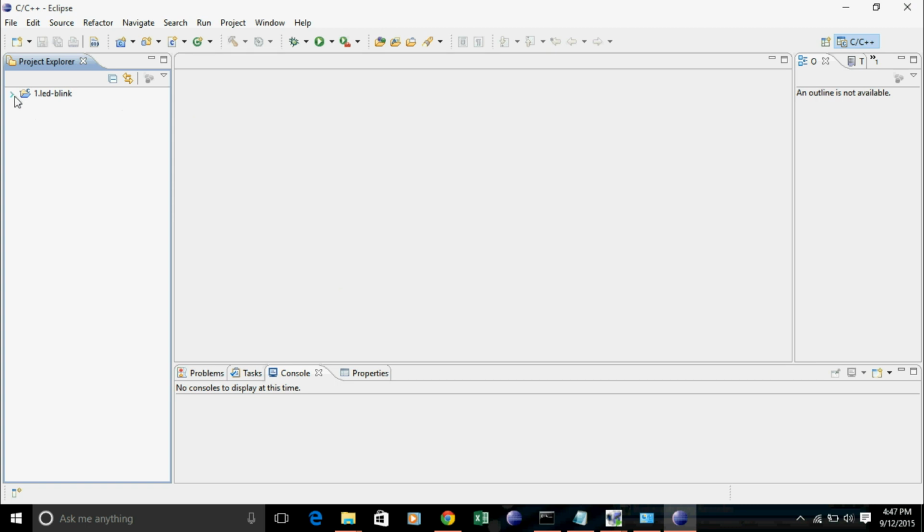Okay, so if I expand LED blink here, we see we have these files: output, source, and makefile. Output is a directory, source is a directory, and makefile is a file. We'll see what it does. Now when we expand source, we have our C code, the source code here, which is actually